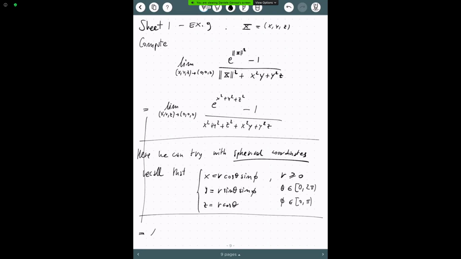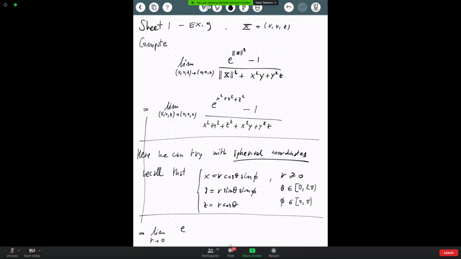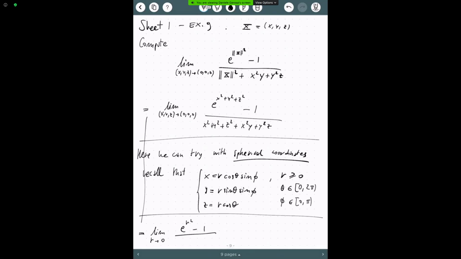This is going to be the limit for r that goes to 0 of e to the power of x squared plus y squared plus z squared. If you substitute the spherical coordinates into that expression, you get only r squared, which is very nice, because here we have e to the r squared minus 1, and then at the denominator we get r squared, and then